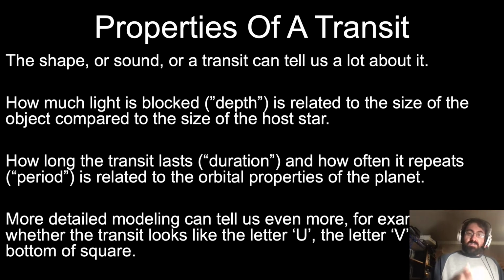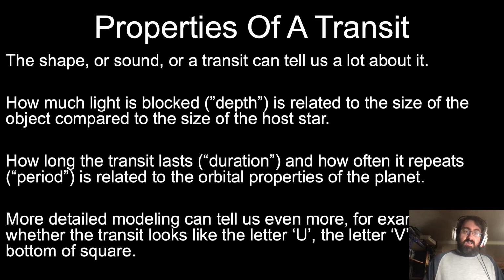And that means that the depth, or the amount of light that's blocked, is directly proportional to the size of the object blocking it relative to the star itself. Another important parameter we look for is called duration, and this is a measurement of how long the transit lasts. And then the third most important measurement is how often the transit repeats itself, and that's referred to as